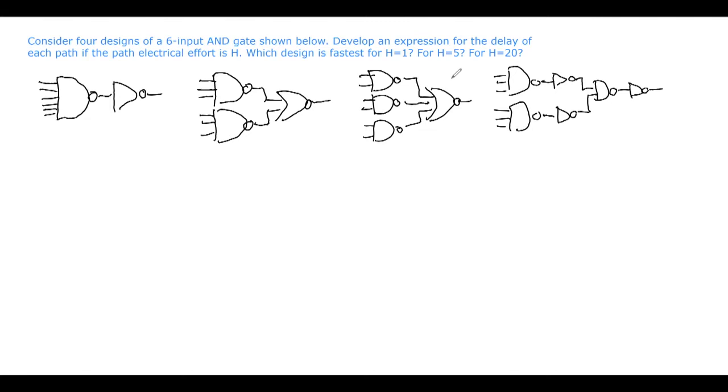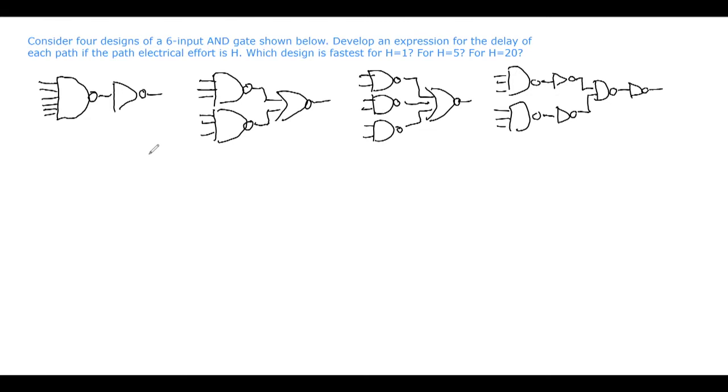you see basically an example similar to the one that we have discussed in our previous lecture, the decoder design, where we have alternative designs. The question is, we're going to design a 6-input AND gate, and we have 4 topologies as shown here,